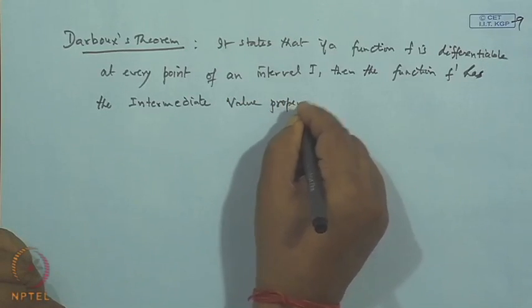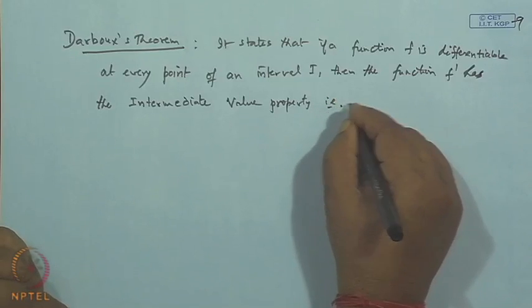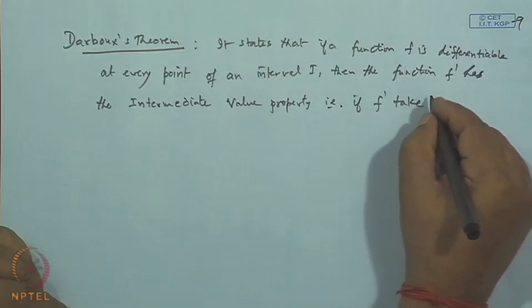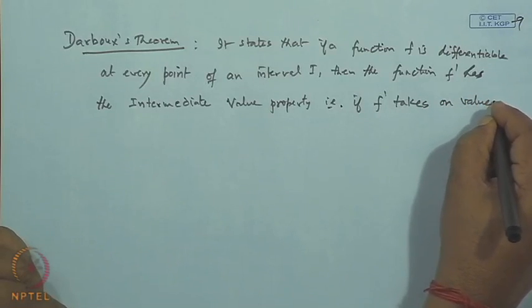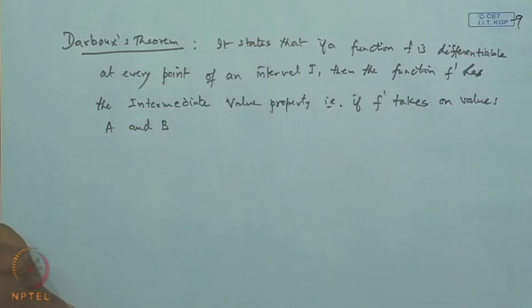It means that if f dash takes on values a and b,